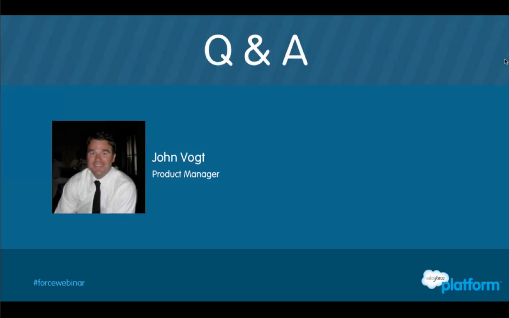Okay, another question. So it starts out with a comment: if it's a best practice for each developer to have their own dev sandbox, how do you suggest dealing with the conflicts of shared resources? For example, two developers are working on different items, but both need to touch an account trigger control class. If both add a line of code to the class and deploy to Q&A, right. So when it comes to managing changes when you're working in multiple sandboxes, that's sort of the evolution that we're going to get to in the next webinar, where I'm going to recommend integrating with source control, and hopefully we can show you how to